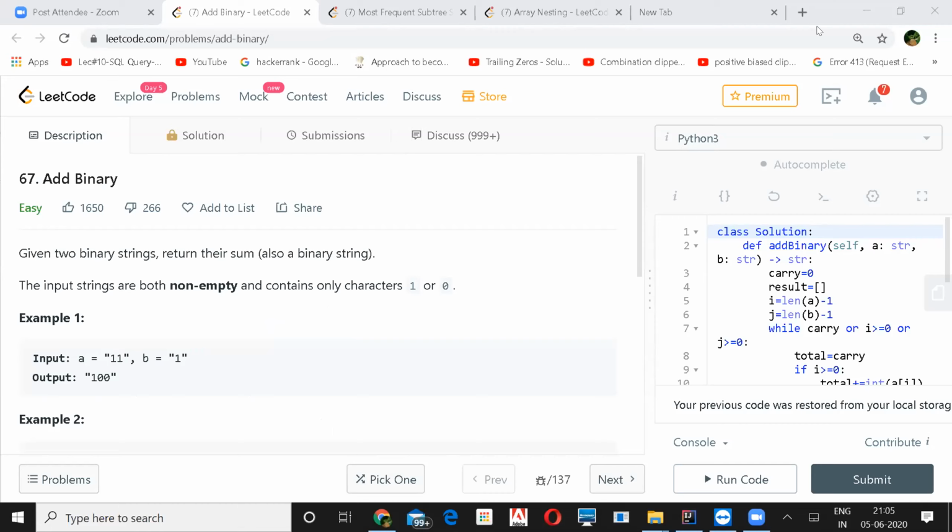Seems like we can convert them to numbers first, add them, and again convert to binary. That is one, I think, brute force way of doing it. So you'll convert them to integers, I mean, normal decimal, right? Yeah, integer. And then add them and convert the result back to binary.